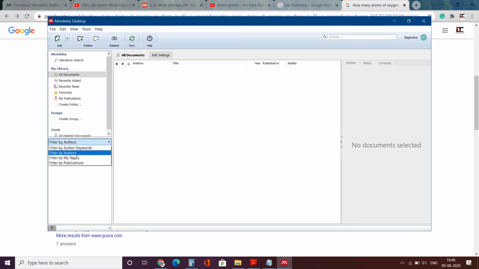Filter by author, filter by tags, filter by publications. These filters help you find the paper you need, and this is the place where your reference papers will be listed, and this is the place where more information about the reference papers from this data set will be shown to you.